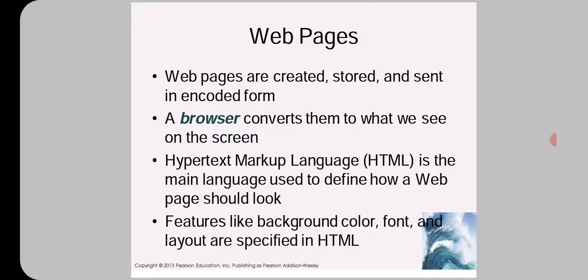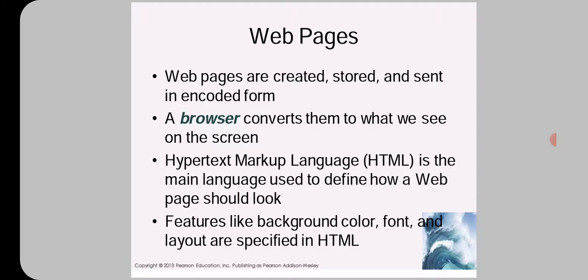Features like background color, font and layouts are specified in HTML. So all these are the basics. HTML pages, web pages are created, stored and used to write some web applications or websites, designing and